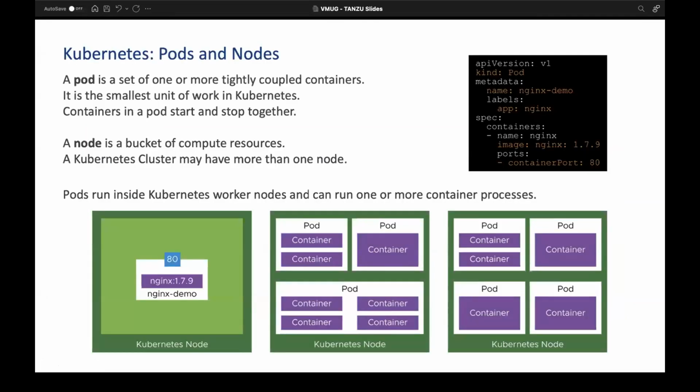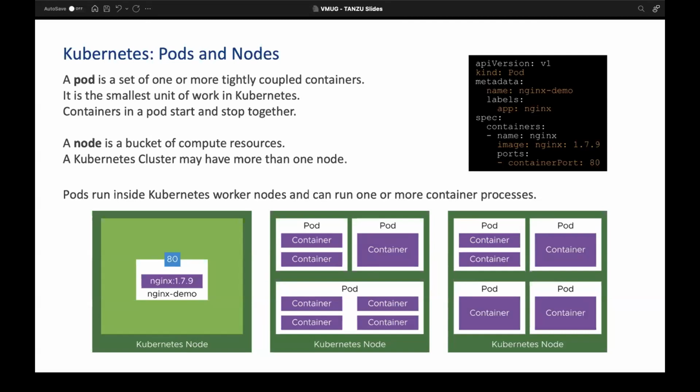So starting with the basics, a lot of us have gained expertise on Kubernetes and containers. But for the larger audience, I'll cover some very basics of it. So we know what is a container. A container is a little different from virtual machines. In a virtual machine, we have the whole operating system on which we install the binaries and we install the applications. However, in containers, we don't really need a whole operating system. We just need a container runtime engine like Docker, and we install the required binaries to run or to support that application or part of that application as a microservice. So that's basically a container.